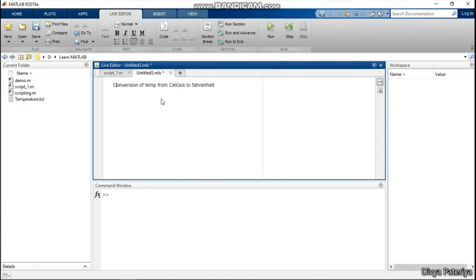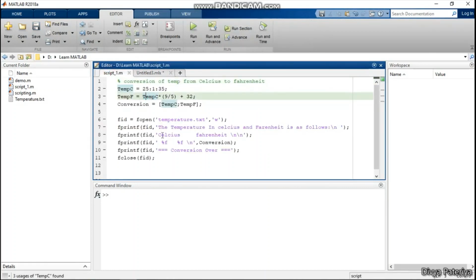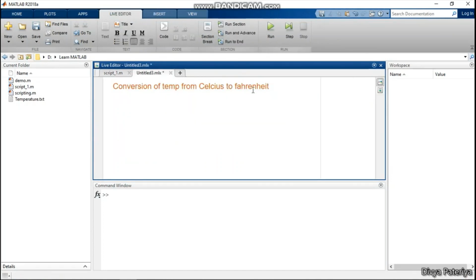Suppose this is the header and now I want to make it look like a header. So what I will simply do is select all of this line and make it a title. As soon as I have made it a title, it is no longer the simple text that we saw. Now this particular line has become a title, which we could not have done inside our normal script file, which is basically for the purpose of writing the code. Now we have written this header. If I want to align it, or make it centered, anything we can do inside it.